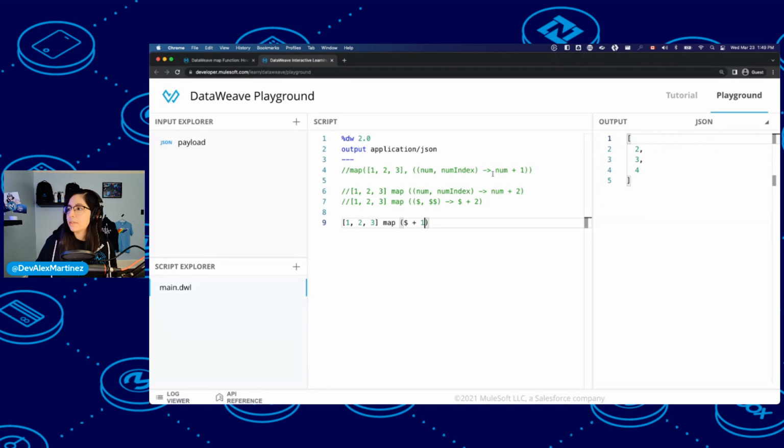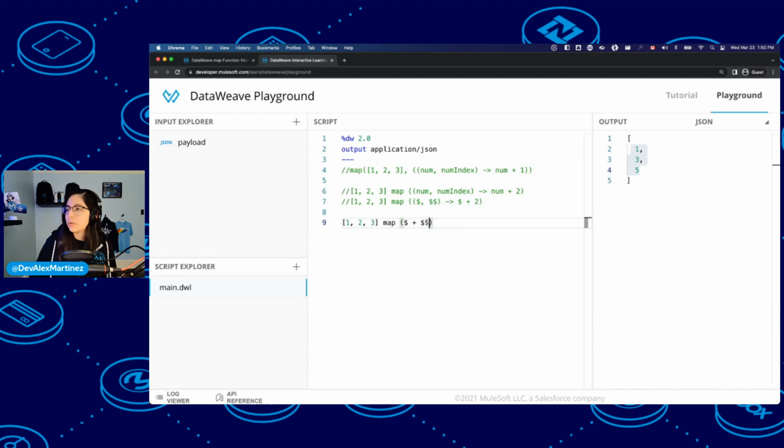So here in this case, we are summing the 2 parameters, but if we wanted to have the other thing, so num plus 1, just as we have here, we end up again with 2, 3, 4 because we had 1, 2, 3 plus 1. Or we can put it as 2, and instead of 1, 2, 3, now we end up with 3, 4, 5. And what I did here was that I was adding both parameters. So we had the first parameter, which is 1, 2, and 3, and the second parameter, which is the index of the items, which is going to be 0, 1, and 2, and we end up with 1, 3, and 5.